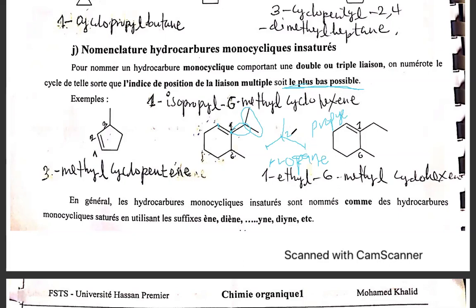Now, at position number 2, we have a methyl. So it will be 2-methyl. So therefore, the name of this thing, isopropyl, can also be called 2-methyl propyl. Isopropyl can be called 2-methyl propyl. So other than writing isopropyl, you can say